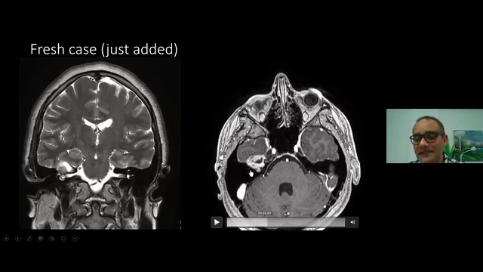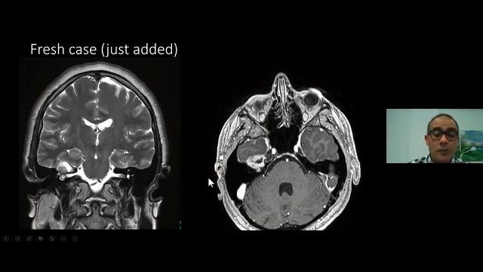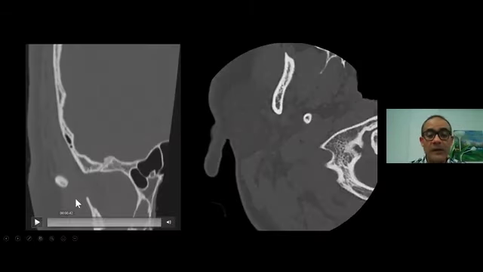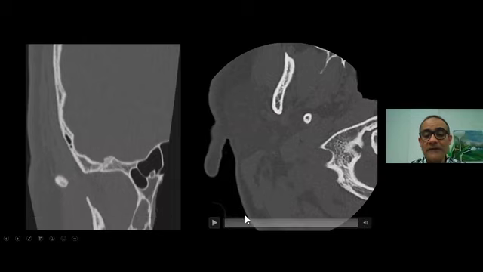But when you look at this part, I think you share my thoughts, my feeling, that this lesion could be arising from the petrous bone itself. It's not trigeminal, it's not cavernous sinus, it's not related to the anatomy that we know, but it's along the anterior surface of the petrous bone. What we did in the morning is that we asked the patient to come and do a high resolution CT of the petrous bone. And let me tell you exactly what we